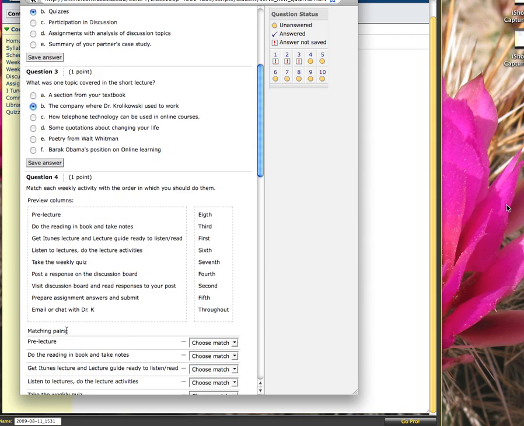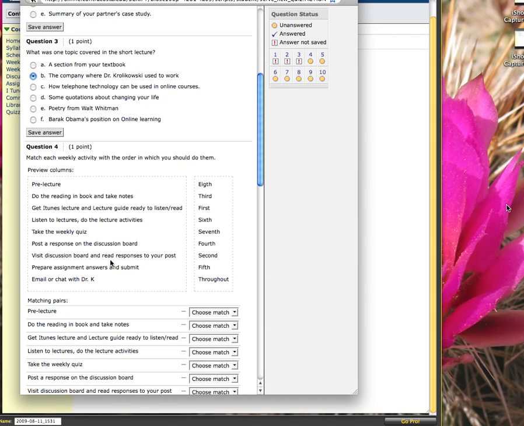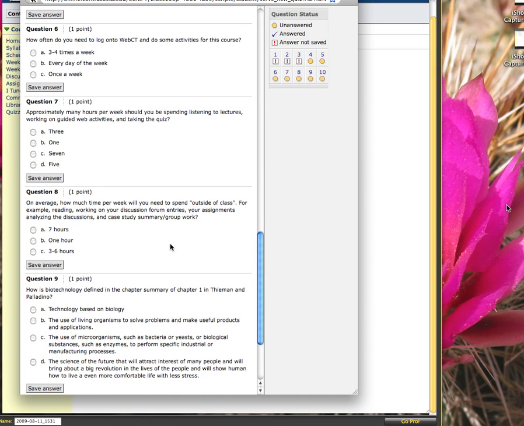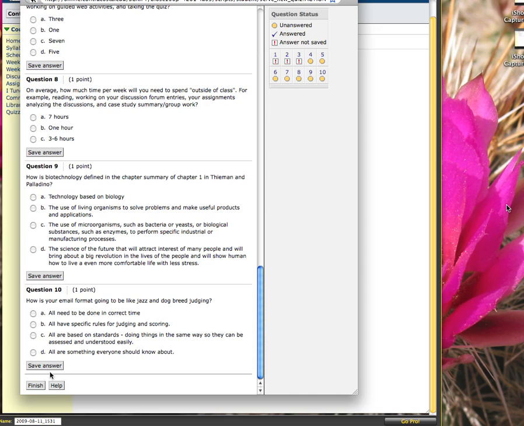Take your time, think about it. It's pretty straightforward. It's just basically a multiple choice quiz, and this week you have to get it 100% right. Other weeks you'll answer it the best you can, and you'll get the grade that you get. It's important to save each answer after you make your choices, and then